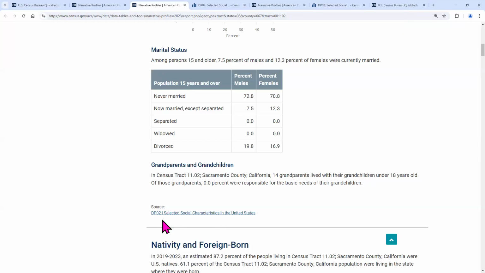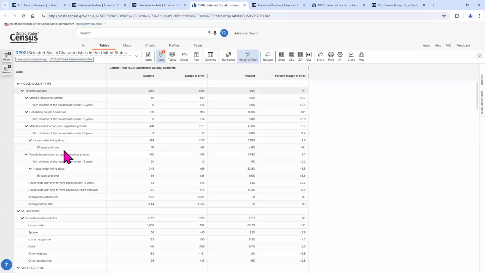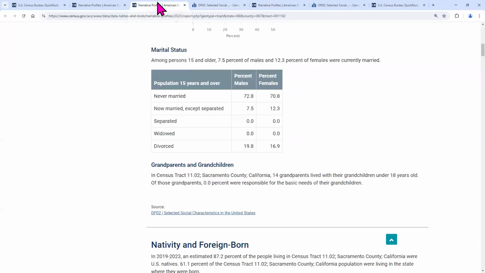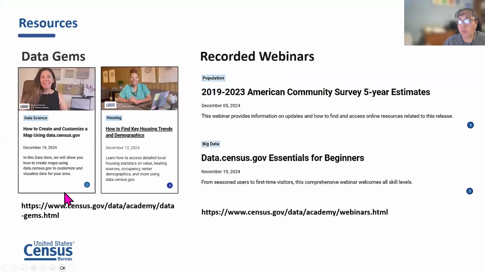Yes, but in our third session, I will be taking you through data.census.gov, because it does take a while to navigate this as well, but we will be talking about that in our third session. So we highly recommend if you can come back and attend and join us, we'll be happy to walk you through data.census.gov as well. Thank you. Great question.